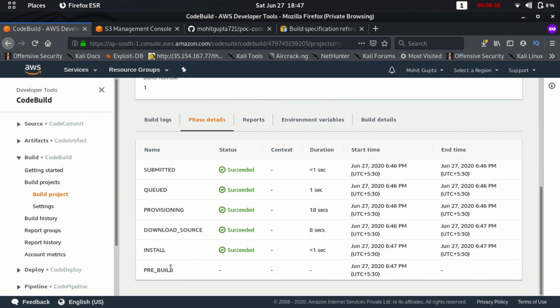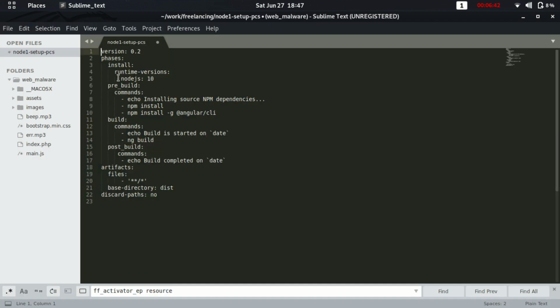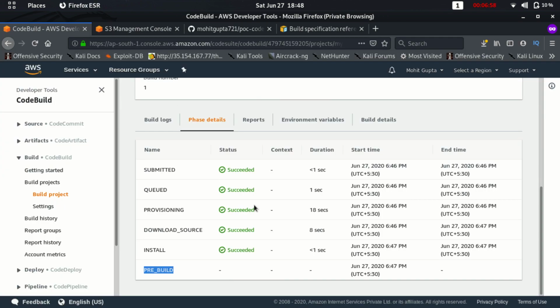It is in pre-build section. So if you remember, we have already given the phases like install, pre-build, build, post-build. So currently it is in pre-build section, means it is installing our packages or dependencies. So let's just wait for a while.